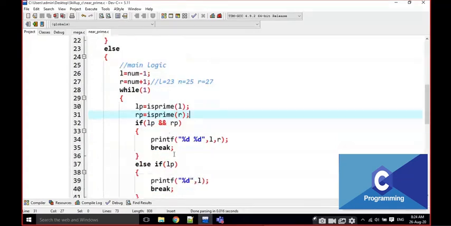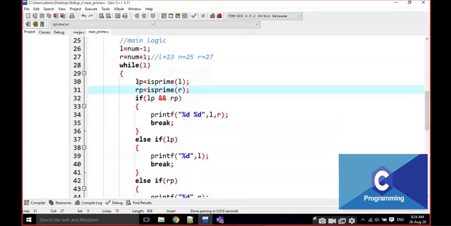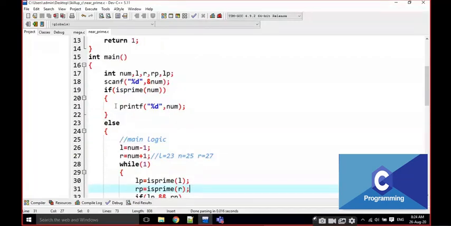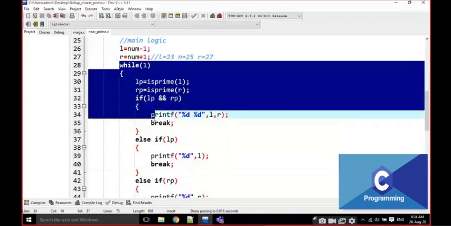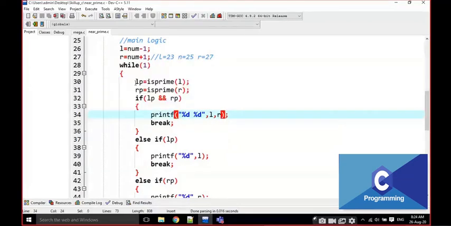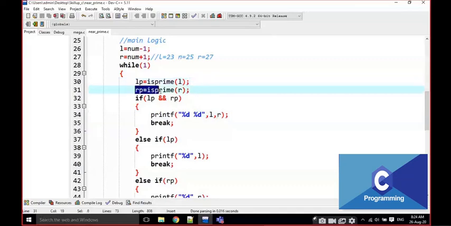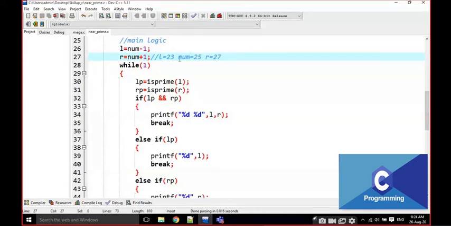What I am writing the logic here, just observe. If the number is not prime, then I am moving into the loop here. I am going to find this is the left prime and this is the right number, right? Here I am taking that this is the previous number and this is the after number of that num. I am going to take like this. This is going to be 24 and this is going to be 26.